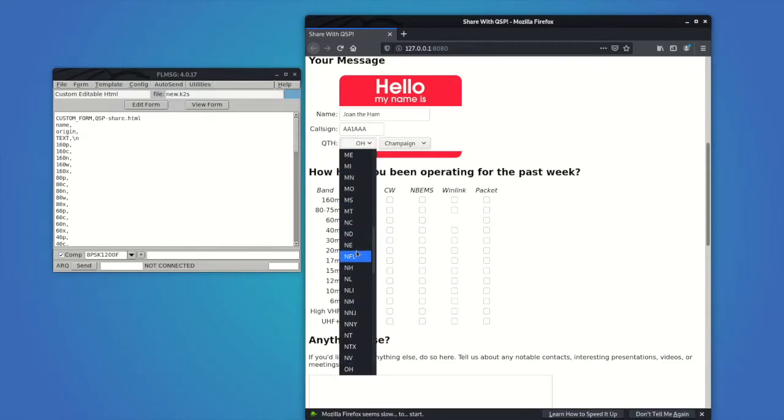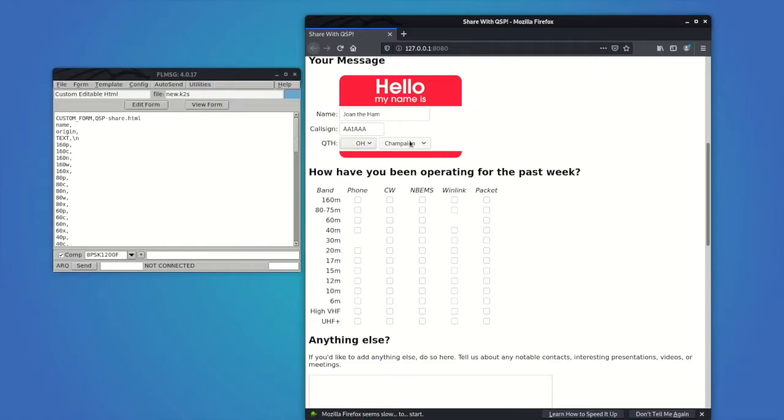Joan the ham completes the form, selecting her location in Champaign County, Ohio. The form also supports other ARRL sections, though not all sections have every county listed. Joan can then go through and select what she's been doing for the past week. Per band, she selects the modes that she's used, and then goes to the text box and will complete some